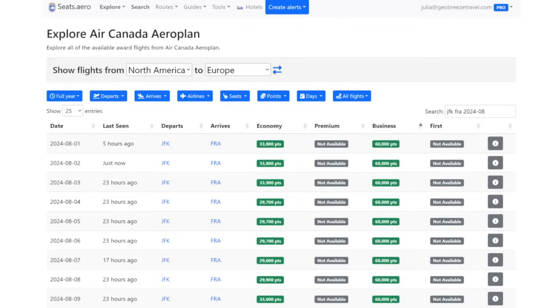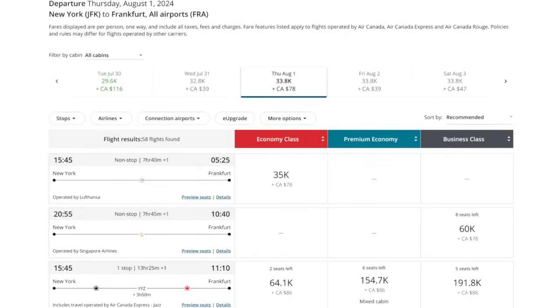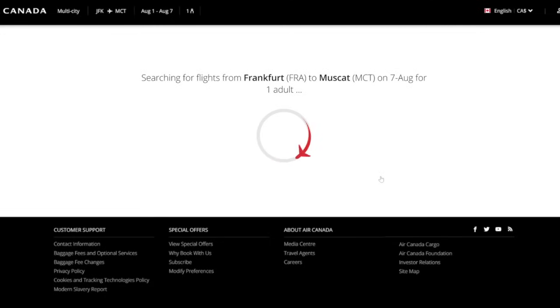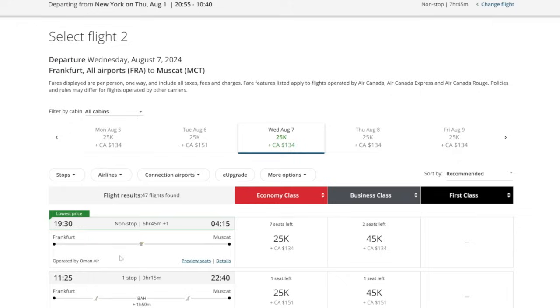And usually these two legs together would be 60,000 points plus 45,000 points, which would be 105,000 total. But we're going to see that it's actually much less because of how we've structured the itinerary. So here we'll select the flight that we want from JFK over to Frankfurt, which is the Singapore Airlines one. Select that. And then from Frankfurt over to Muscat, we have this nonstop business class flight for 45,000 points operated